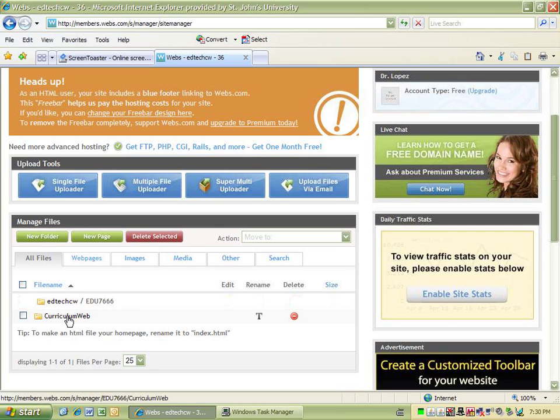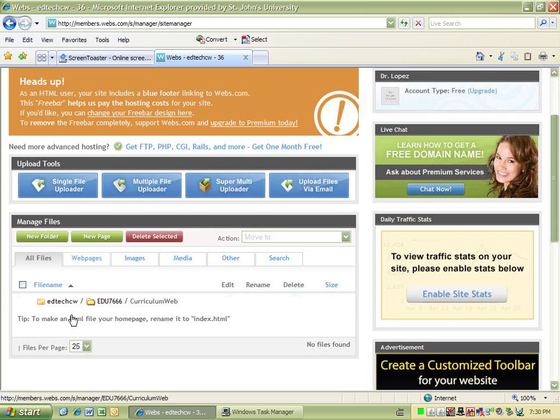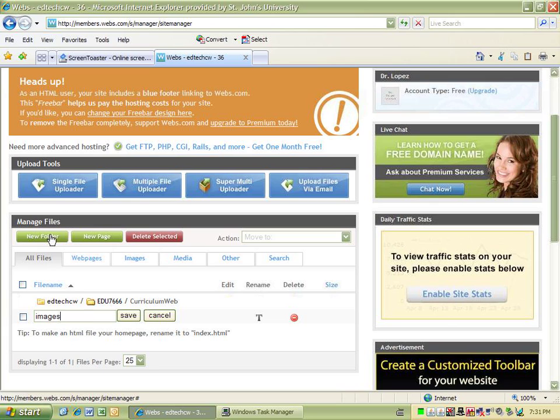Now I need to get into Curriculum Web, because inside of Curriculum Web I need to create the images and the styles folders. So I'm going to click on it, and now this is added to the path at the top of the file screen. I need to create one new folder, which is images,